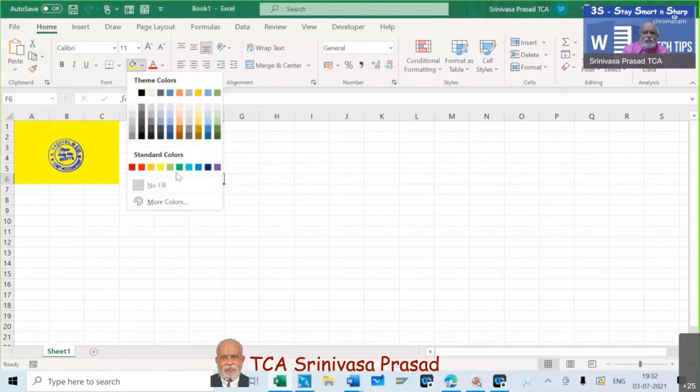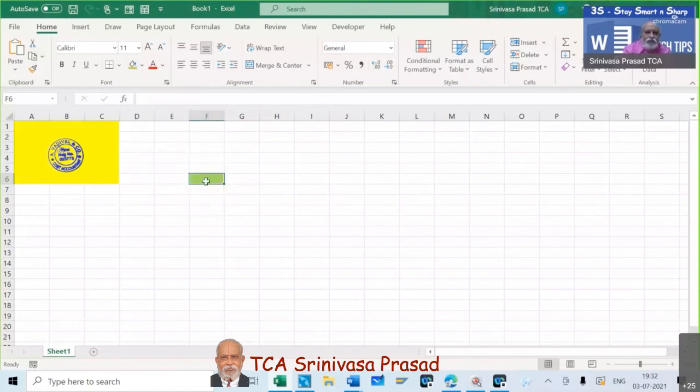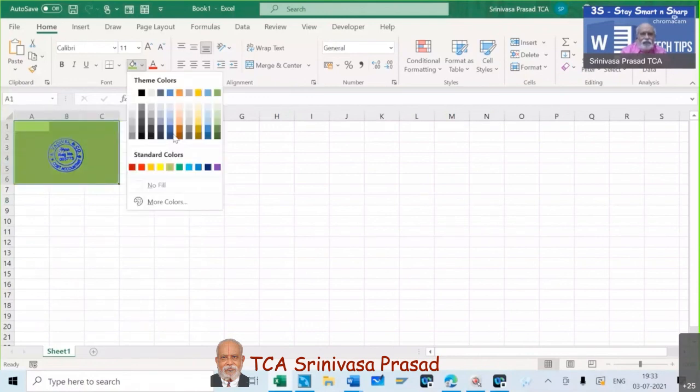It has totally become transparent. Whatever color I am going to give at the background, this adjusts to it. Just see. Even if you are going to put it on a colored paper for some reason, I don't know what reason, sometimes you may give a colored report to someone, and then you want to put a seal. In that case, if the seal is in a white background, it looks very odd. So it's like this. This is a PNG file with a transparent background.